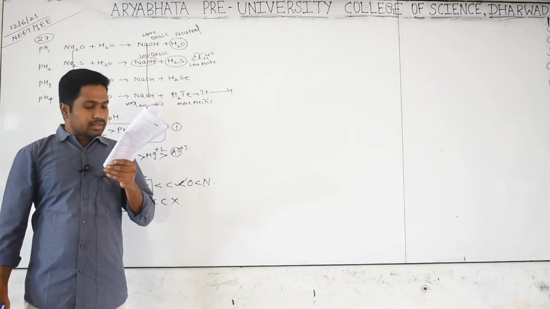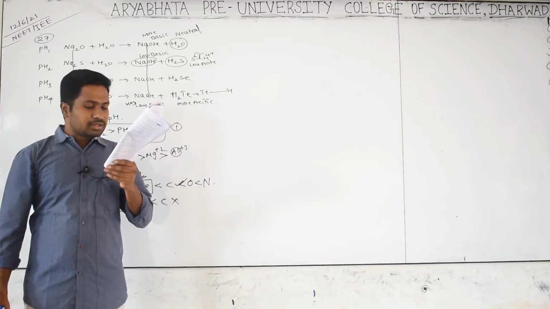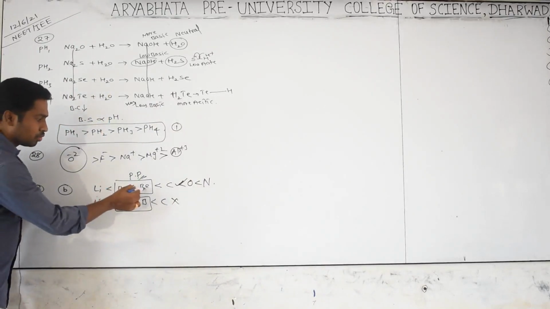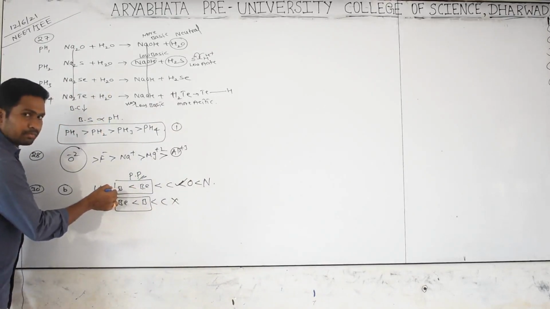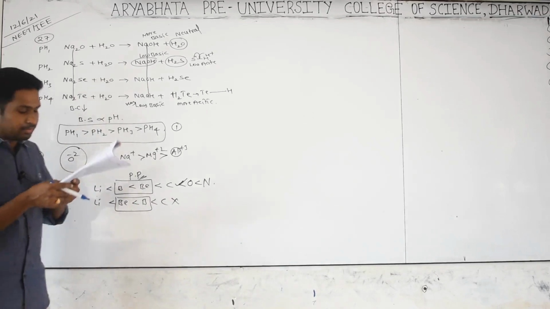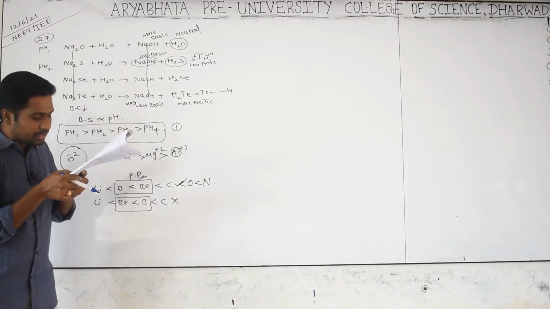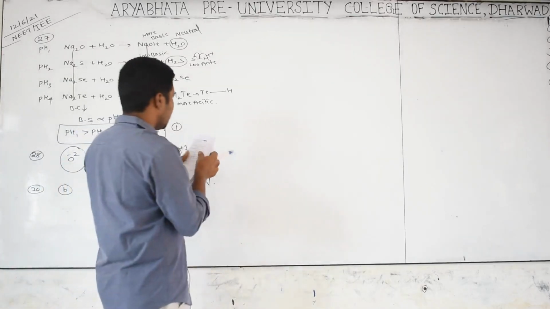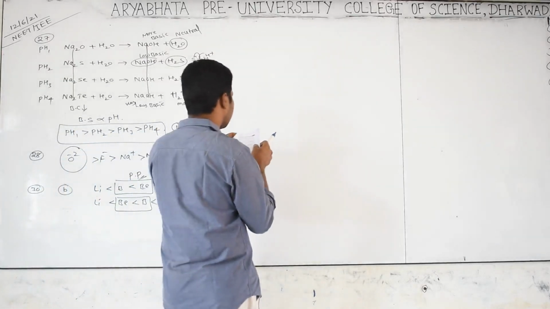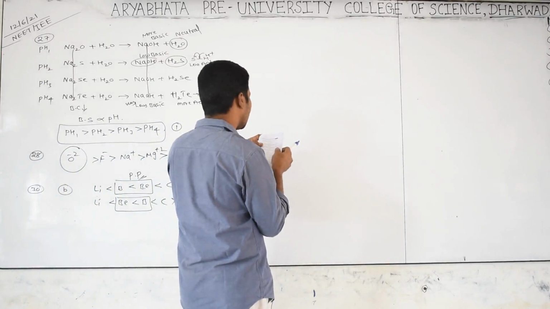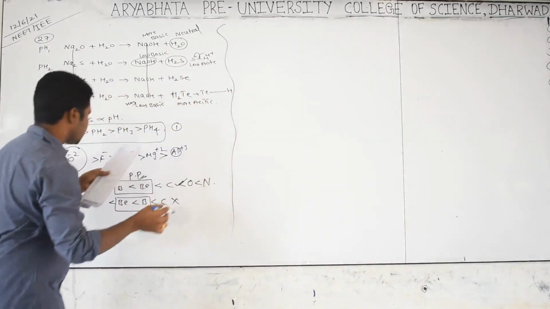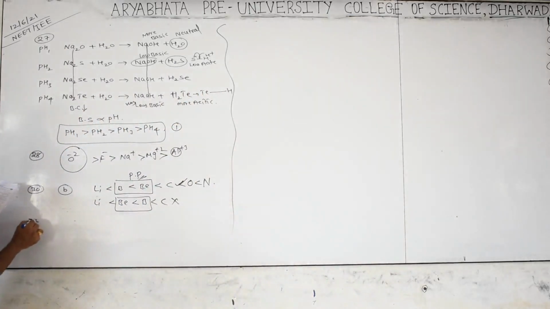Go for 33. The first ionization potentials in electron volts of beryllium and boron respectively. Beryllium and boron. Yes, beryllium is more than boron. That's why the first value will be high, the second value will be low. First value high and second value low is the case in option D. Yes. Go for next, which is nothing but which of the following is the correct order of size of the atomic species? Yes, you can do it. That one is also very simple, nothing but 34.